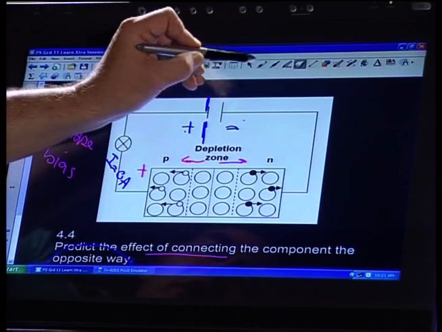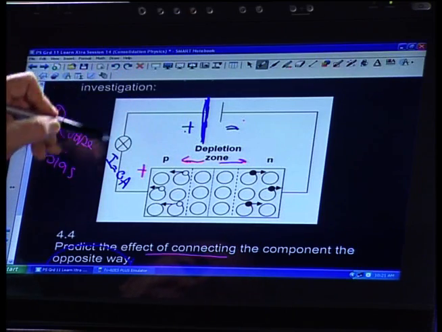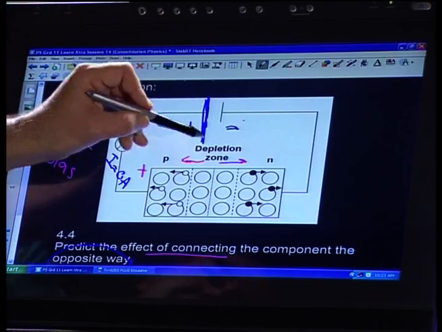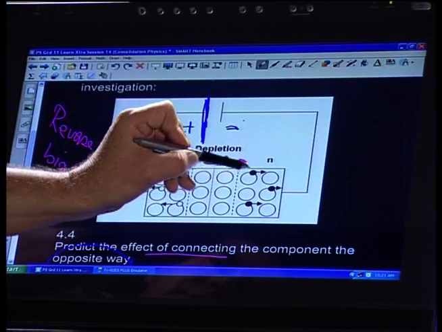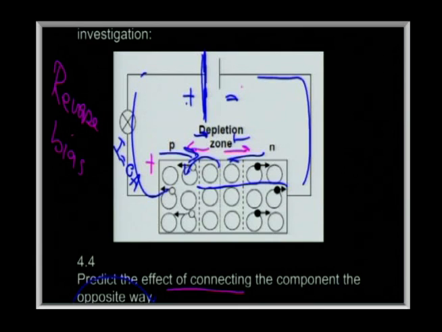If we connect it in the opposite way, what's going to happen? Well, now, can you see what's going to happen is the electrons are going to be pushed in the opposite direction, and the holes are going to be pushed in the opposite direction. So the electrons are actually going to make the depletion zone smaller, and what will happen is some of the electrons will jump across here and start moving there, and some of the holes will move in that direction, which means that we're going to get a flow